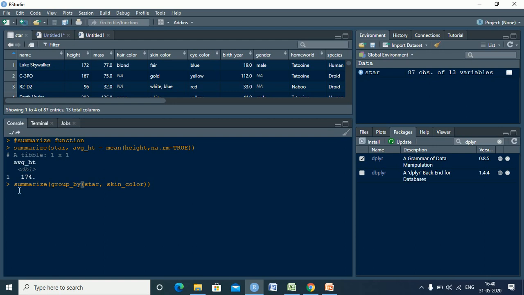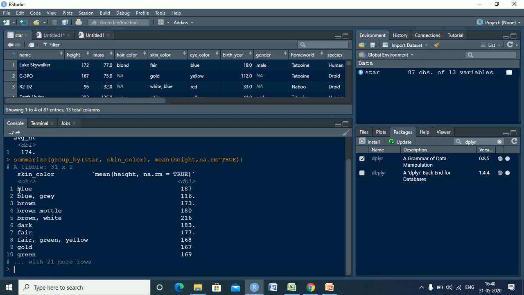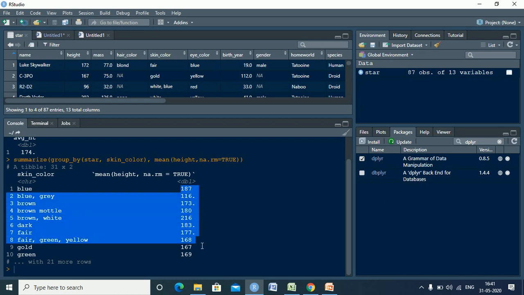I want to summarize the data, but before the summarization, I want to group the data according to the skin color, and then comma mean of height, na.rm is equal to true. So first it groups by the skin color and then finds the average height. Over here are all the different skin colors and their corresponding mean heights. So this is again possible if you want to group it.